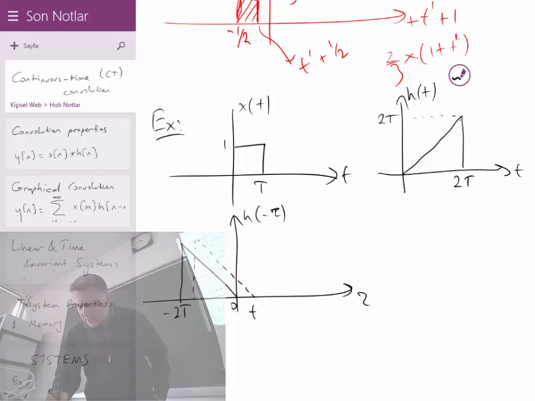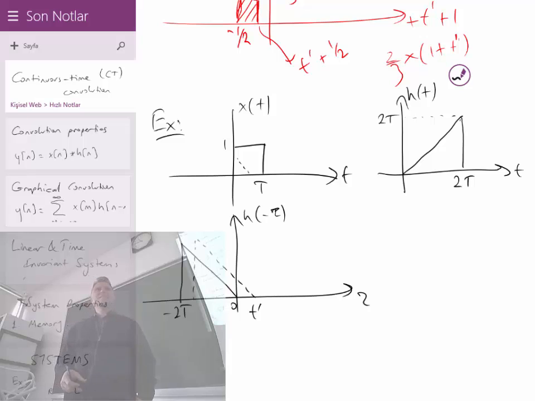Let's say that it's t prime here. When it is t prime here, how much overlap does it make? The overlap will be here, like that. Do you agree? And the magnitude of this one is 1. Therefore, you have to take a look at the formula of this line. You have to give me the formula for that.